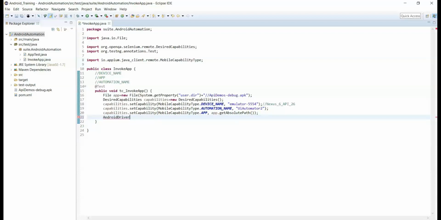So you can use iOS driver for iOS mobile app automation. This Android driver class contains all methods that can be used to automate Android apps. So in order to launch the application, we need to create an object for Android driver class, and pass two parameters into it. Now let's see how to create an object for Android driver class. AndroidDriver of AndroidElement. We need to pass the Android element as parameter, and some reference variable, driver = new AndroidDriver.